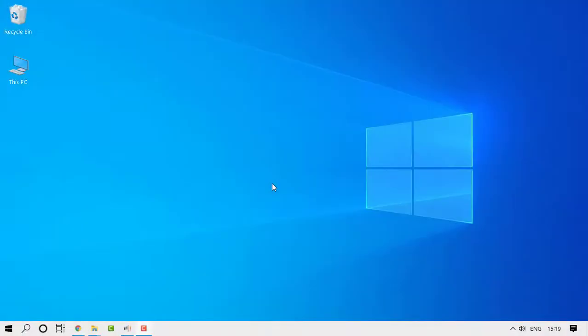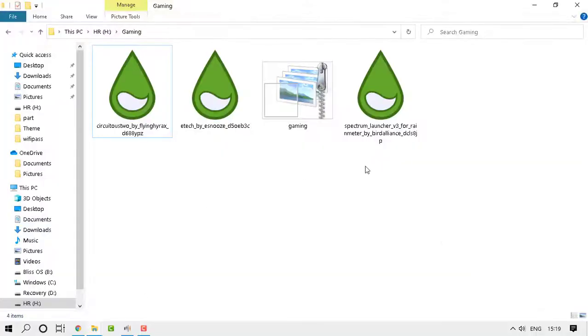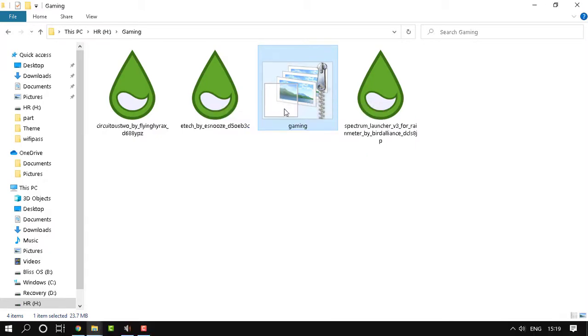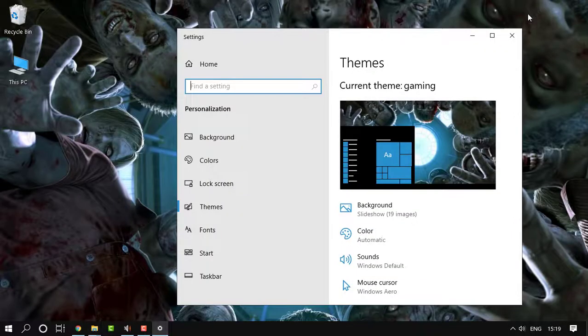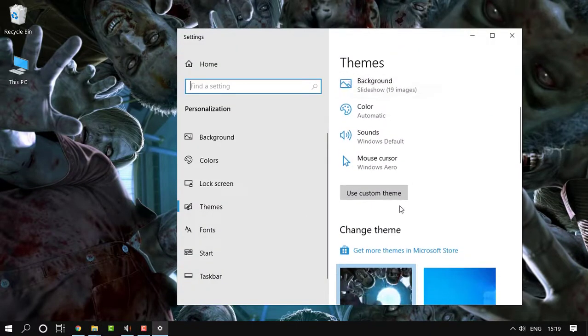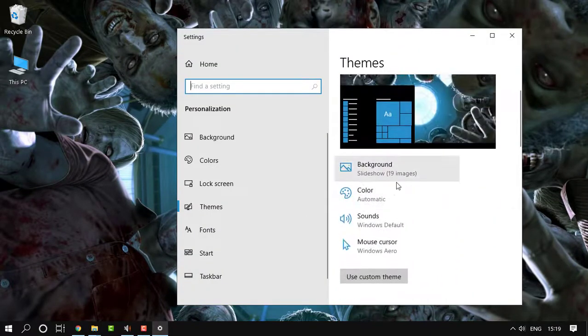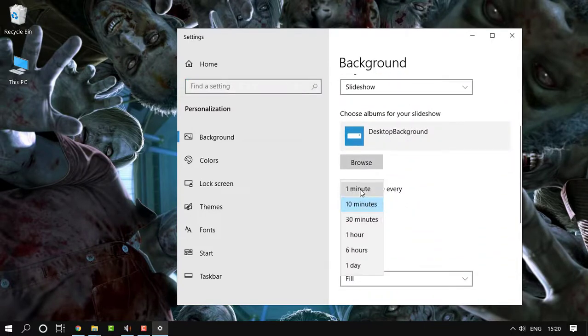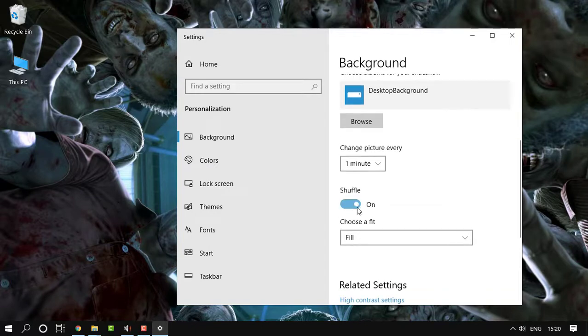So to start off, the primary look is provided by the wallpaper we choose. I've chosen this set of wallpapers, and I'll be providing the links in the description for each and every application and the themes that I'm going to use here, so you can simply download them. Simply apply the theme and you'll have a set of wallpapers that will be shuffling. You can click on them and set a timer for your desired change of wallpaper. You can also shuffle them if you're interested. I just prefer to shuffle those wallpapers.